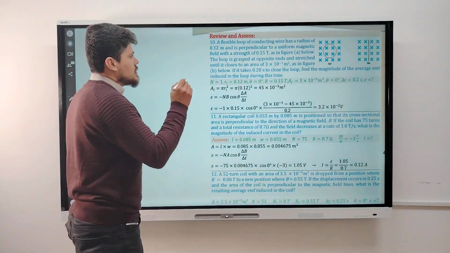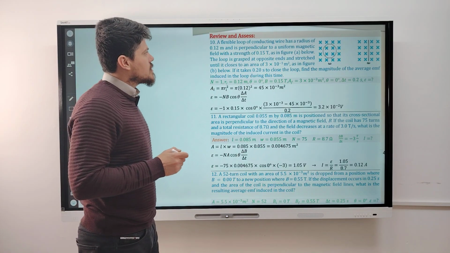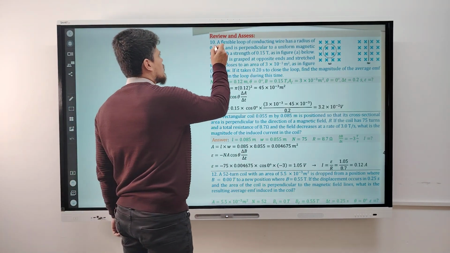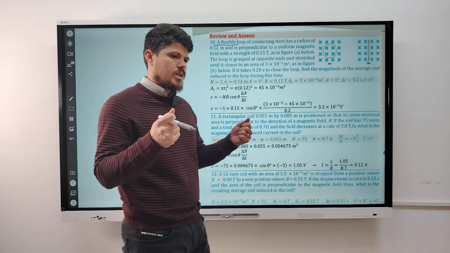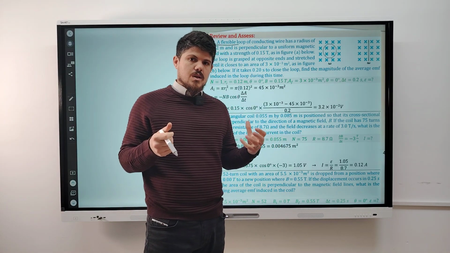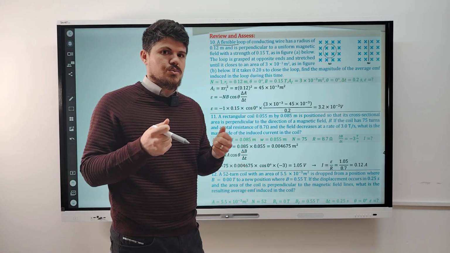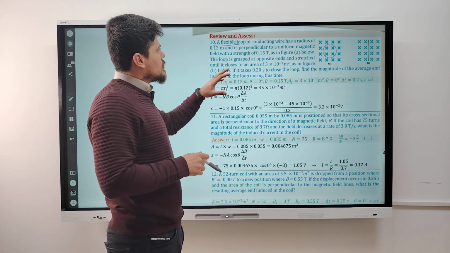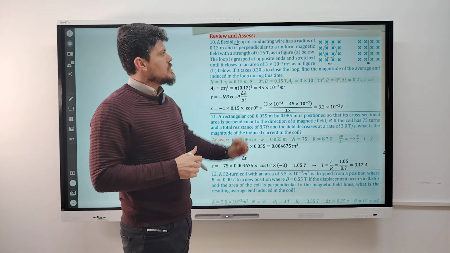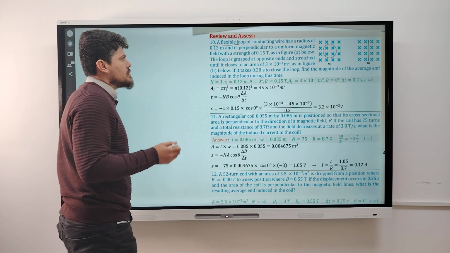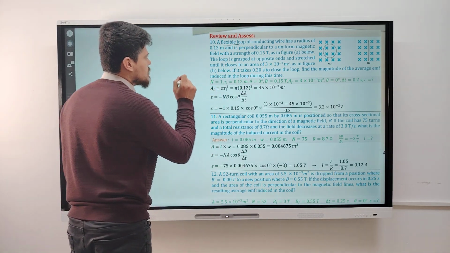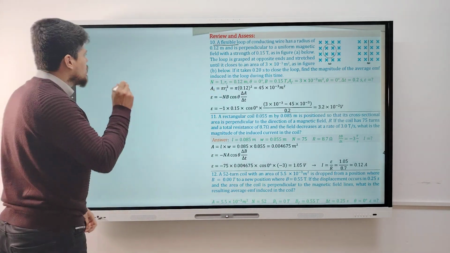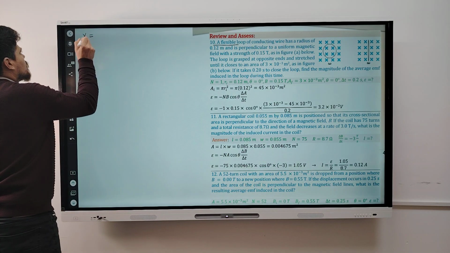Question 10 says, a flexible loop. What do you mean by flexible loop? It means that you can change the loop. The loop is flexible, it's not rigid. Of conducting wire has a radius. As I mentioned earlier, when the radius is given, you have to convert it to the area. Radius is equal to